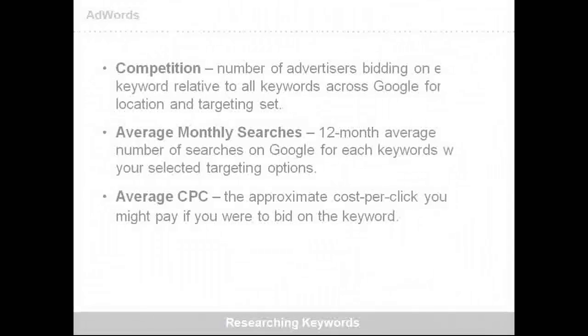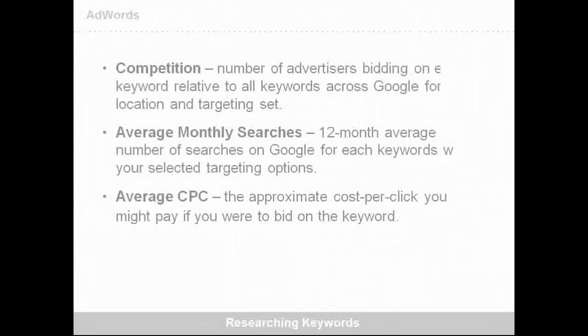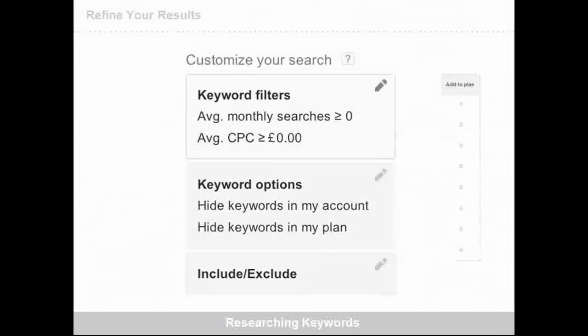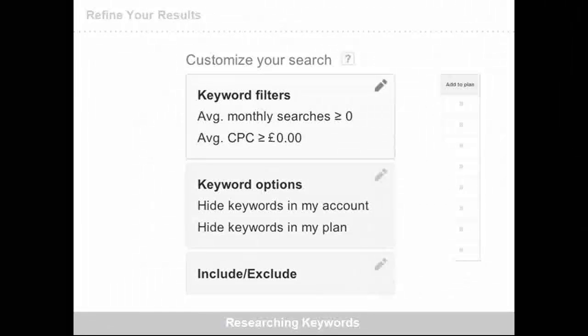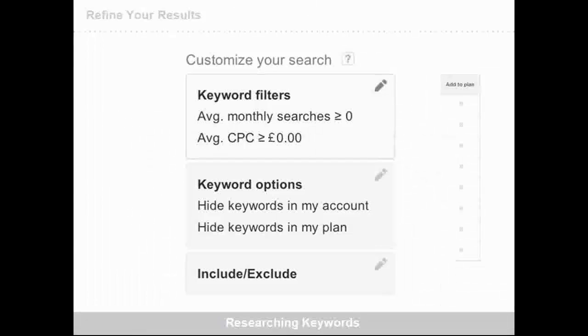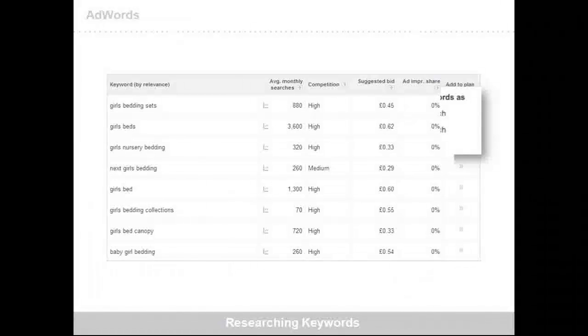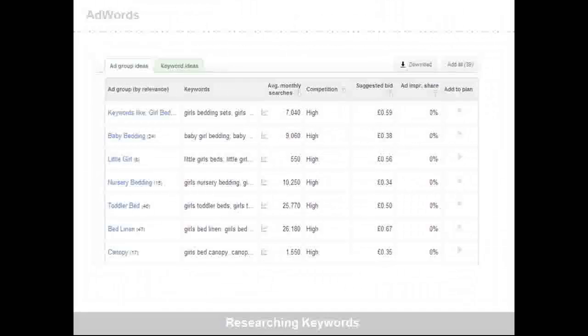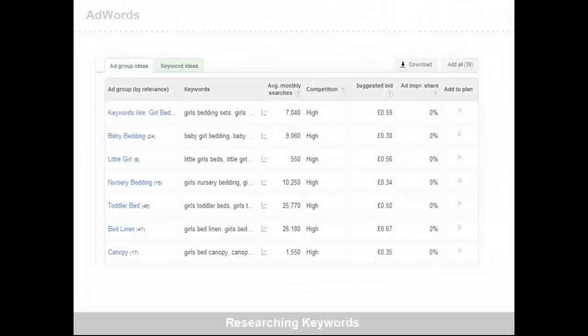Once you start bidding within your account, you can bring it down if your account is structured correctly. So the average CPC is a good way to tell if you want to buy keywords. Usually the high competition keywords are the ones that have a higher CPC. These three factors are what you need to be considering before you decide if you want certain keywords. So once you've customized your search and you've gotten this panel through, you've picked out the keywords that you're looking at and which of these work for you. You can also then decide how these keywords are added to your account and what match type.